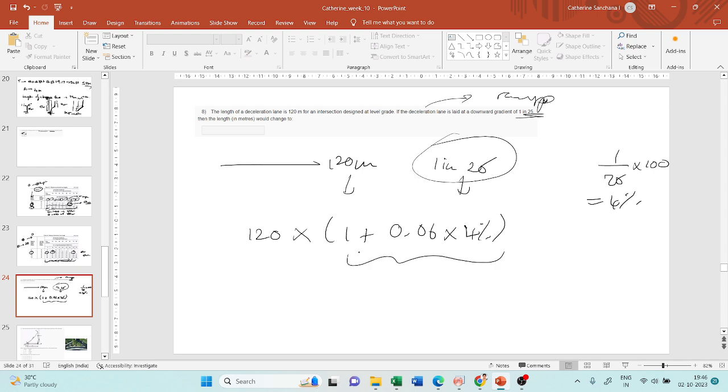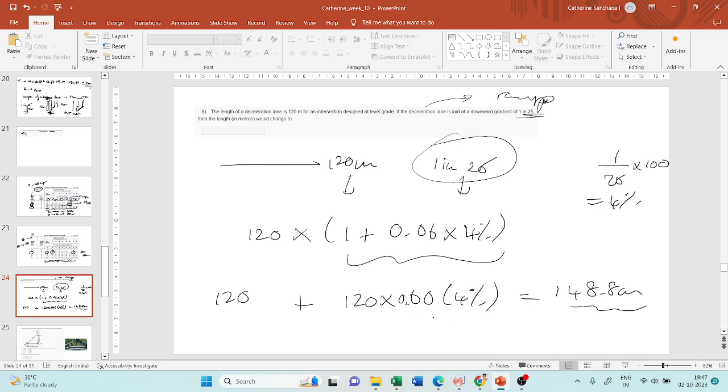So what it actually means is the actual distance plus this actual distance into 0.6 times this grade. This is the increase or change in the deceleration lane length. Okay. Now one question